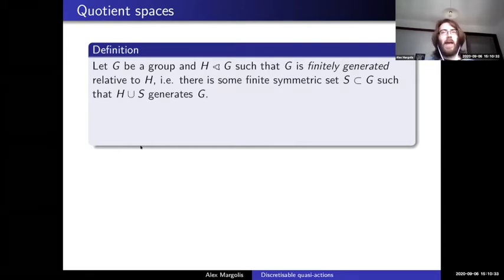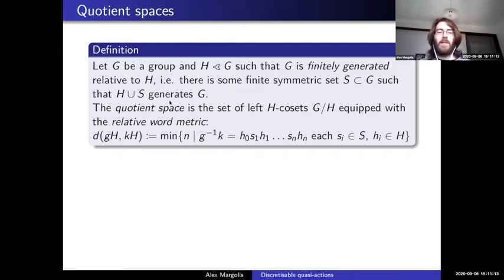And if we have an almost normal subgroup, there may not be a quotient group, but there's a quotient space which roughly has all the geometry you might expect from the Cayley graph or word metric of a quotient group if the group were to exist. So if we have a group containing an almost normal subgroup H, which is finitely generated relative to that subgroup, i.e. there's some finite symmetric set S such that H union S generates the group,